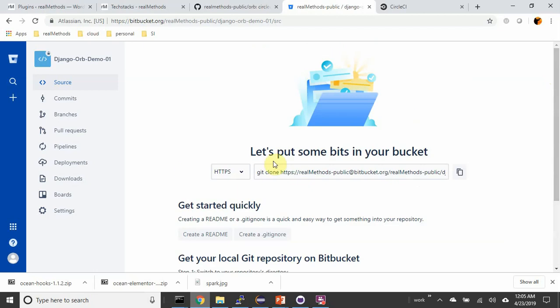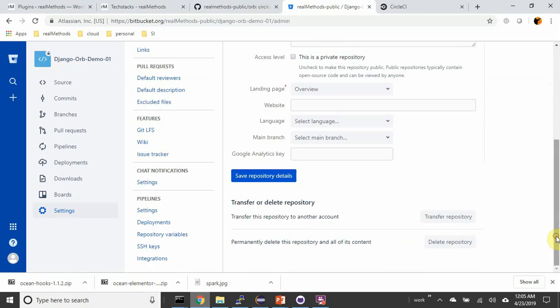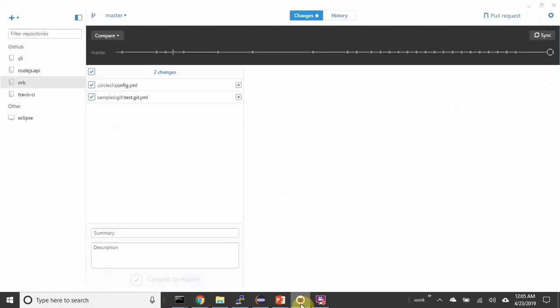Let me take a look at something here. I think it's actually being created as a public repo. Let me see if I can make a private repo. Let me make that public for the sake of this demonstration. Excellent. Okay, and then I'm going to literally push this config.yaml that's going to cause the orb to be executed,